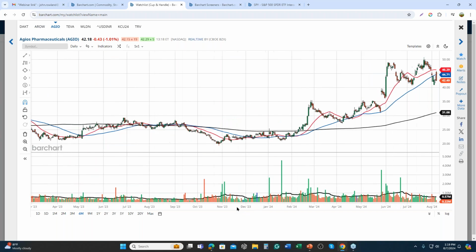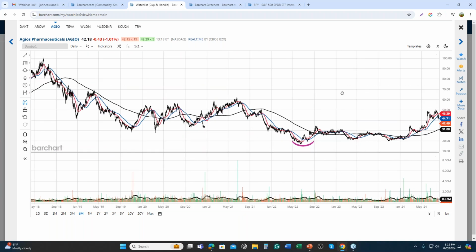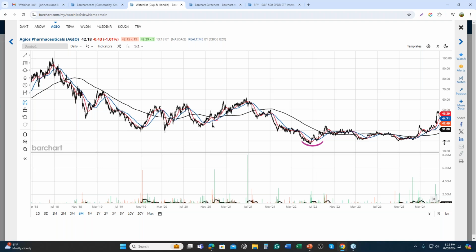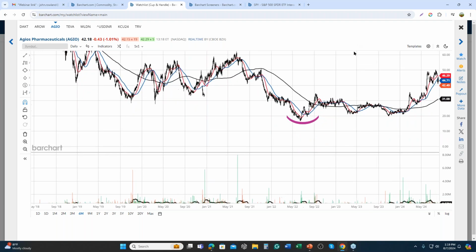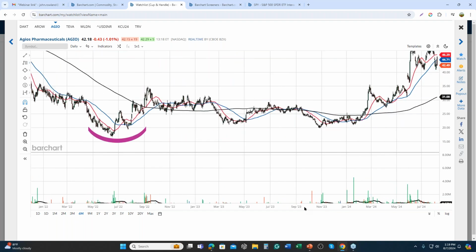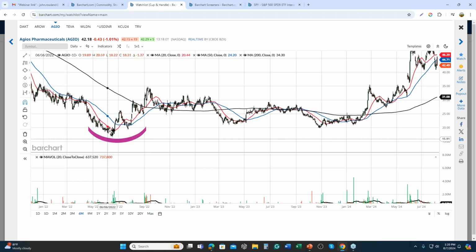All right, so let's look at this one. What we see here, again, looking at our moving averages, is our 50-day moving average more cup-like. Our 20 is more of a V-bottom-ish shape, stacked upon each other, but it's giving that effect of a rounded bottom. In other words, higher highs